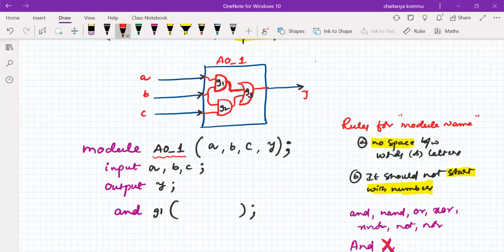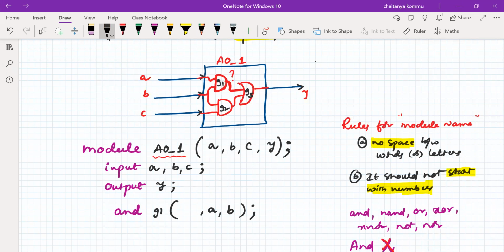I did not mention what the output of this gate is, but what are the inputs? It is connected to A and it is connected to B. So inputs I know very well: A comma B, because they are connected there. But what about the output? The output I should mention first. Since the output is mentioned first, it is a primitive. In this definition the output is defined first, and then we write only the inputs.